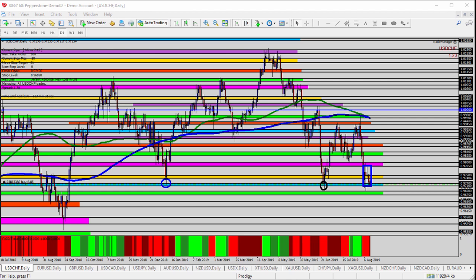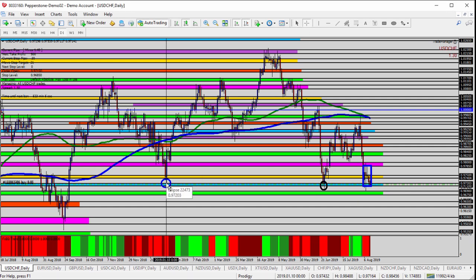Today we're taking a look at the USDCHF, the US dollar versus the Swiss franc, for today's trade analysis. A couple of things I want to point out here on the daily time frame first before we zoom in. You go back in time, the two circles you see on the chart, we're looking all the way back,